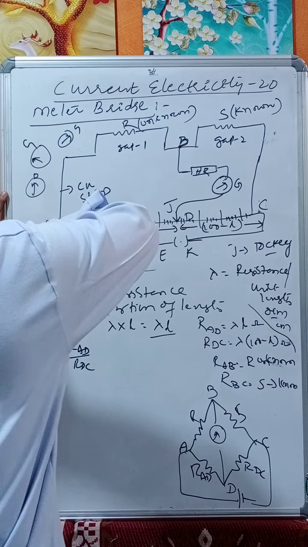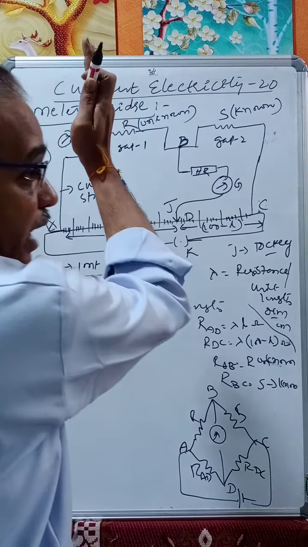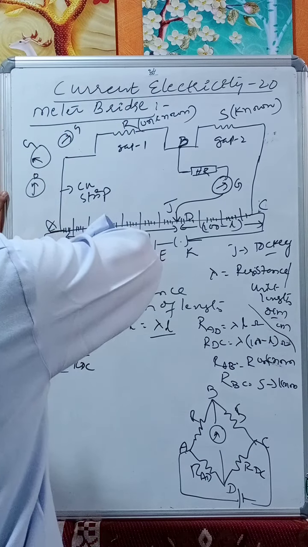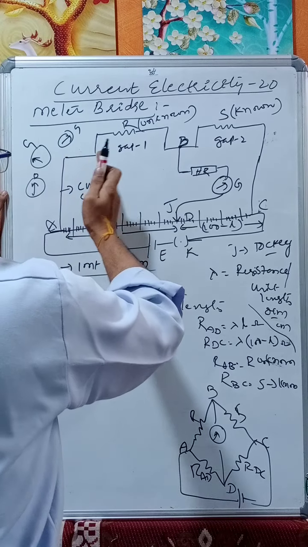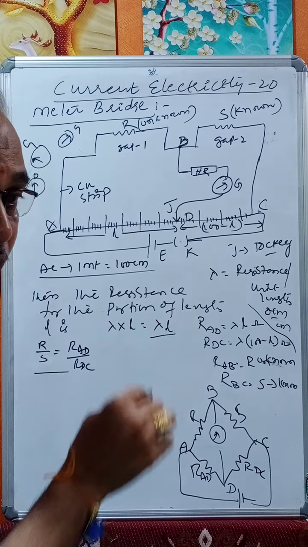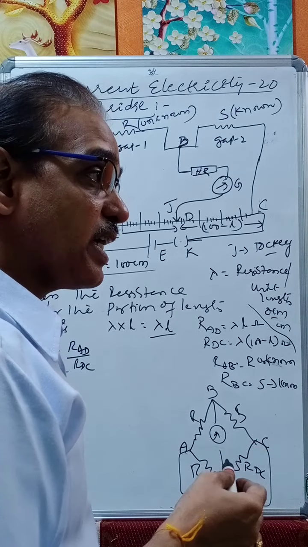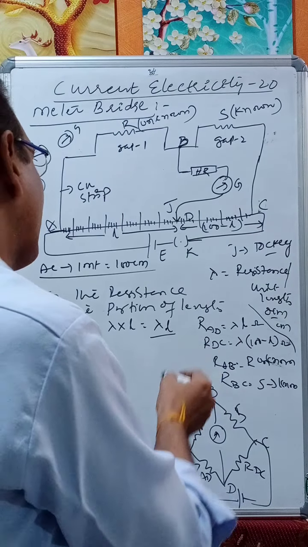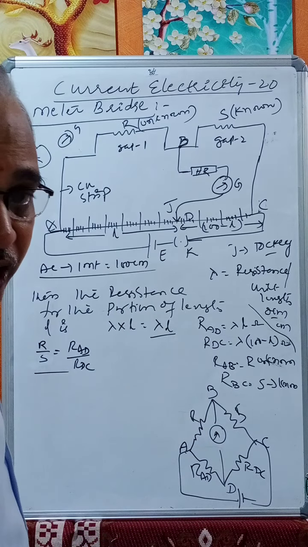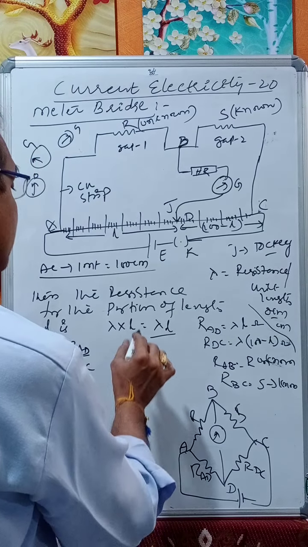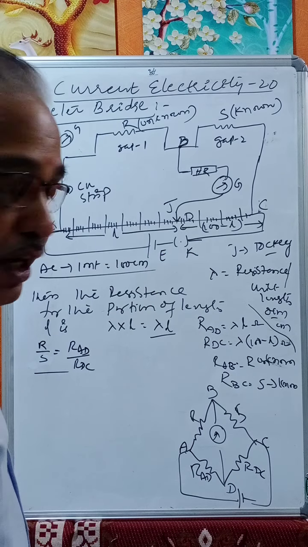At some point D, you will get zero. The galvanometer shows deflection from this end to that end, and in the middle we have the zero point, with some 30 divisions on either side. At that point, the current through the galvanometer is zero. In such a case, the bridge is said to be balanced. Let the length L show zero deflection.